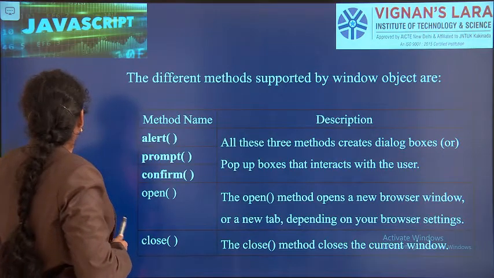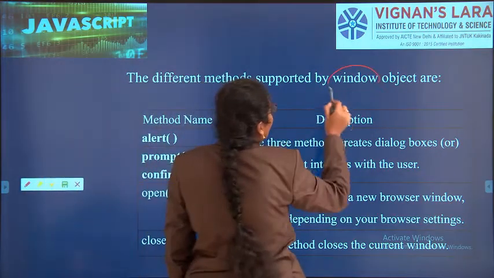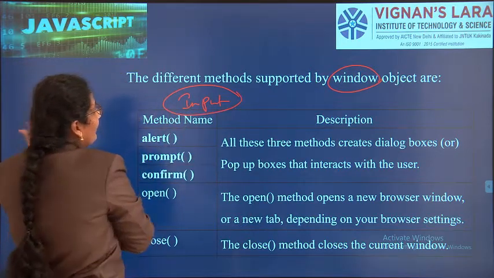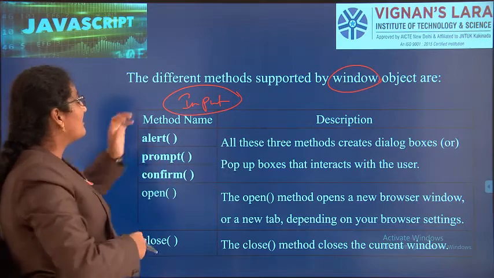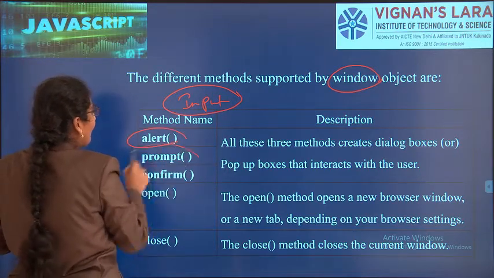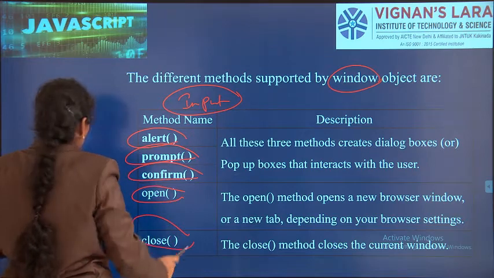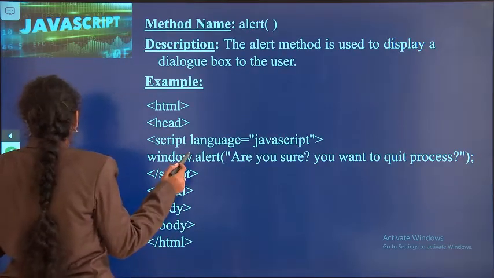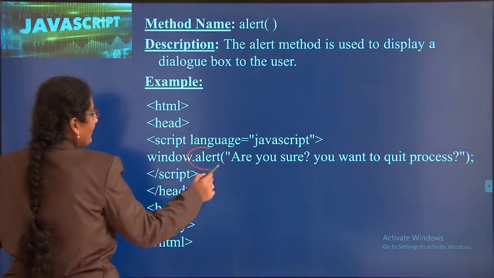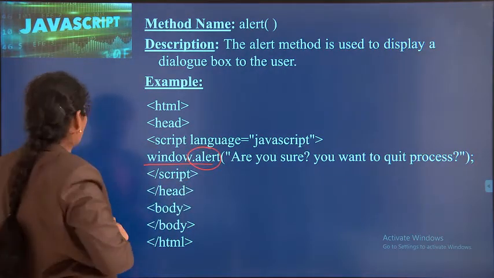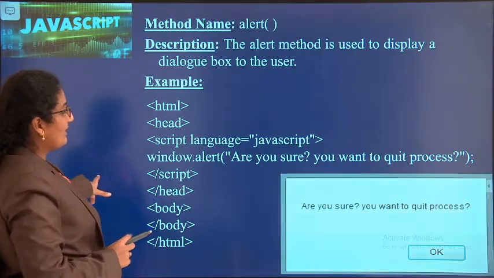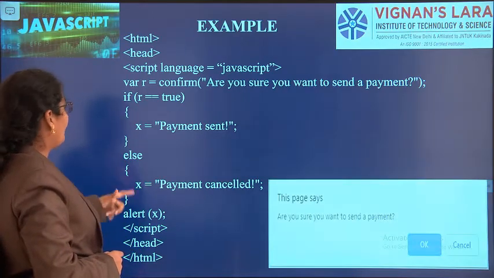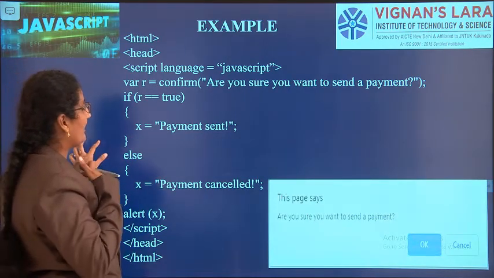So next one is very important, window object. Nothing but for input. This we are discussing from last two classes onwards: the alert method, prompt method, confirm, open and close. So recall all these things. This is the program where window.alert is nothing but an input statement. So this is the output window. Again, what is confirm? Program for confirm. And here we have taken the payment program for telling about confirm.